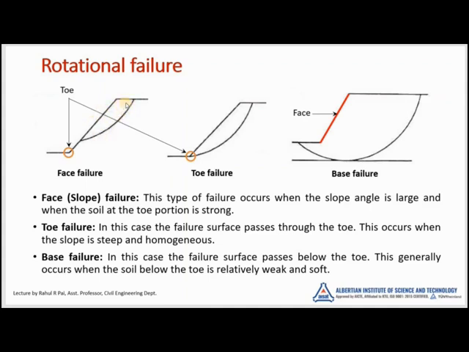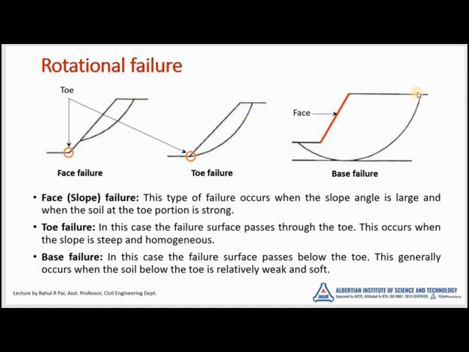So that is called the toe, that is called the face failure. That is the face of the slope is failing. Next is the toe failure. So this is the toe failure. Toe failure usually occurs in steep slopes. So even if the soil is strong enough, if you provide a steep slope and if you are not giving the proper factor of safety for that particular slope, then definitely there will be a toe failure.